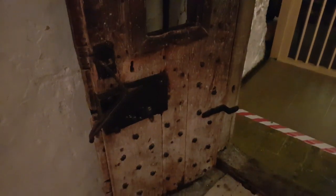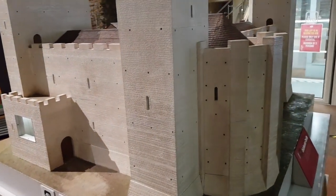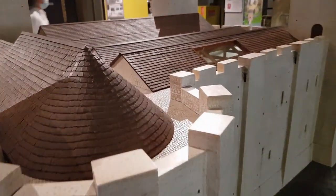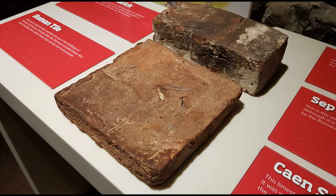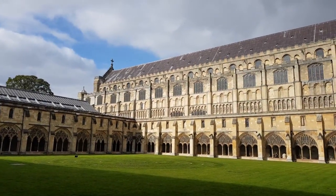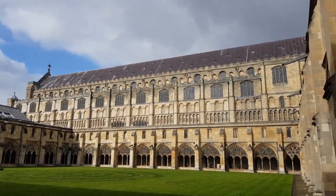During the 1080s, construction of the castle was temporarily stopped, and battlements were built on top of the walls for defence, before later being built higher. The walls on the ground floor are over 3.7 metres thick, which are some of the thickest castle walls in England. The castle was built from a mixture of Roman brick, tile, flint, mortar and limestone imported from Caen in Normandy, a type of stone which was commonly used by the Normans for many castles and cathedrals, notably Norwich Castle